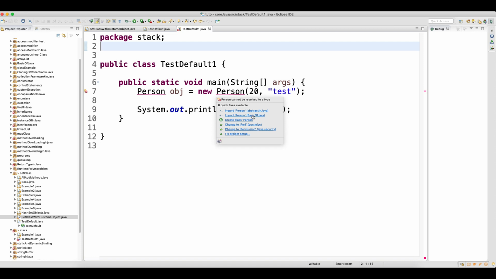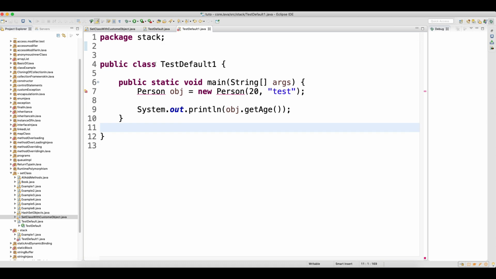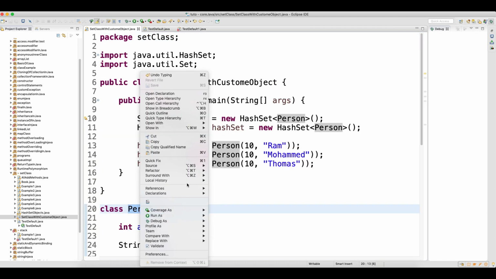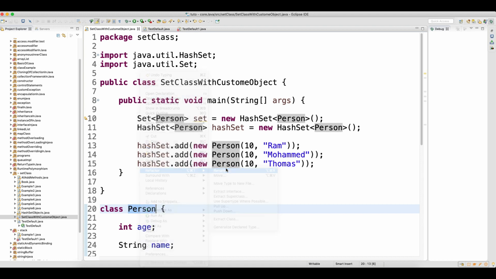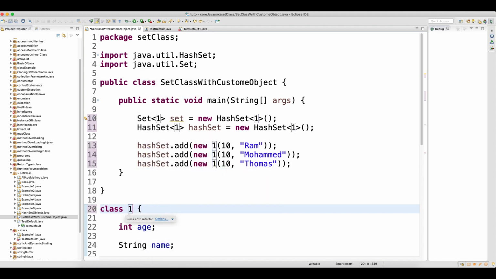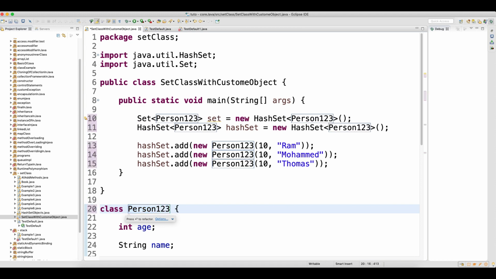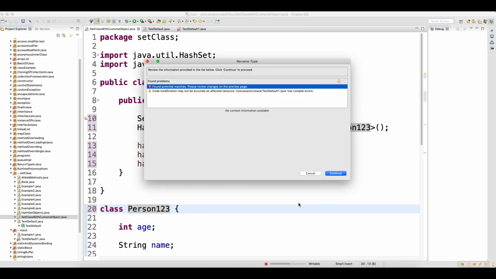So this class is already available in some other package, and you are getting options for that. So what I will do is go here and refactor this. I will make it Person123, so this is not available anywhere, and click enter.